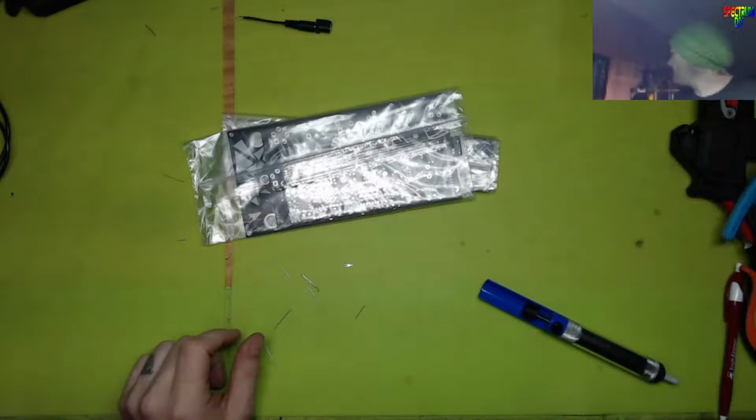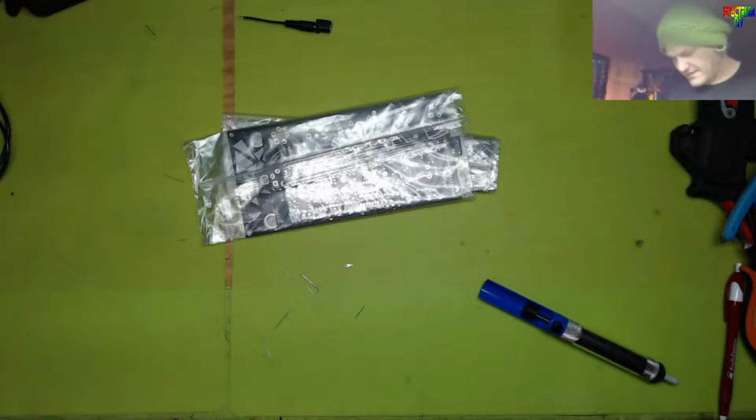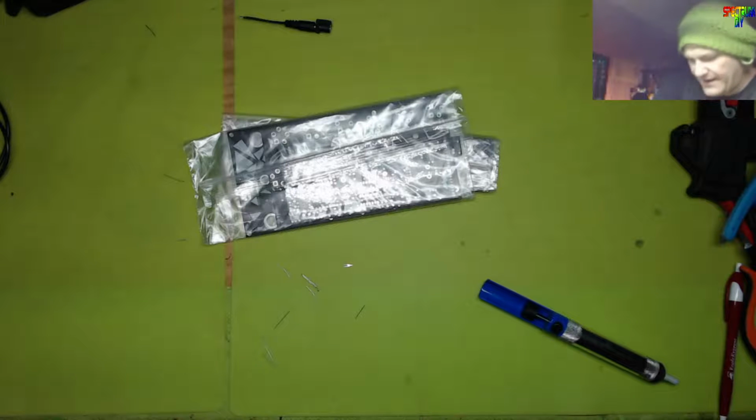Let's see. So it's a 100 microhenry. I don't think I got any. Did I? We're about to find out together, because if I didn't get the inductor, then I'm going to have to get one. Digikey, I think I would have gotten it from Digikey. Yes, I did buy it, 100 microhenry. Cool. They're back ordered. Oh, crap. So, guess what, guys? We're going to be doing the OBA next. The twin T drummer's going to have to wait. The microhenry inductors are back ordered. I did order them from Digikey. They'll be here